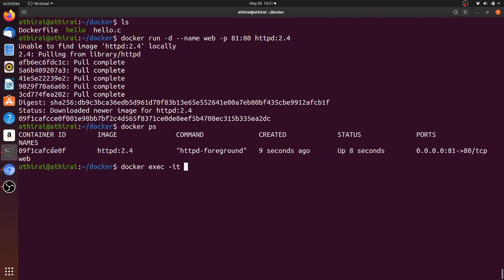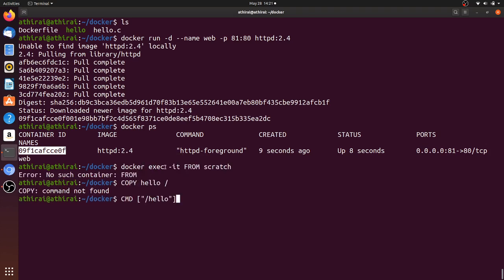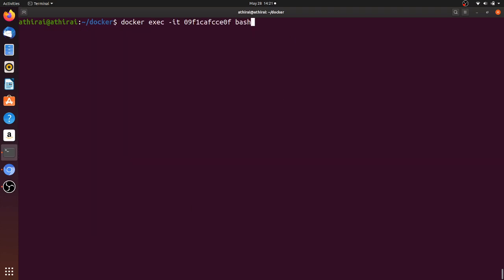Diving deep into this, so let's exec. I'm going into this container which is running here. This I will copy and then paste. What this exec command will do is it will execute any command which I give after going inside this container.